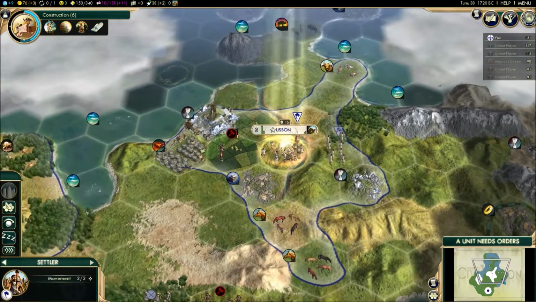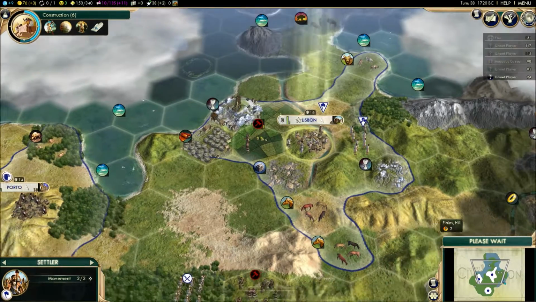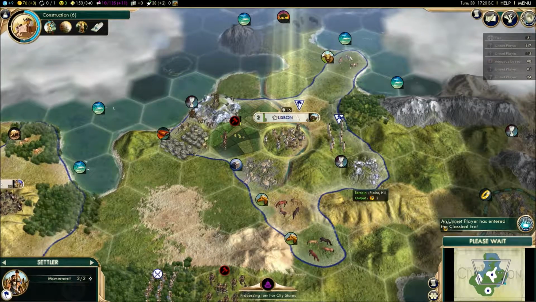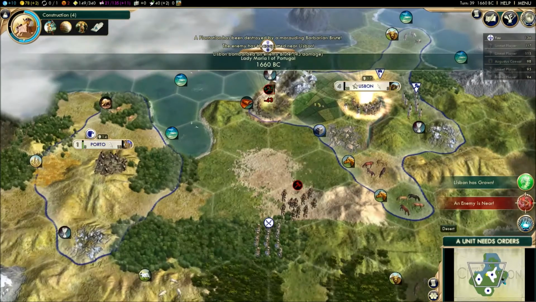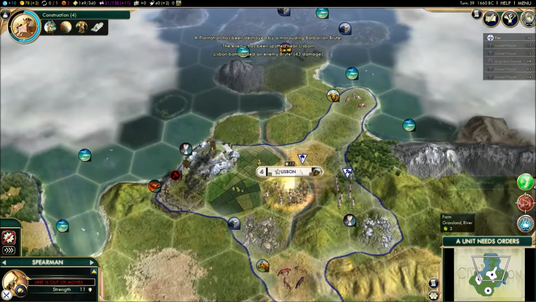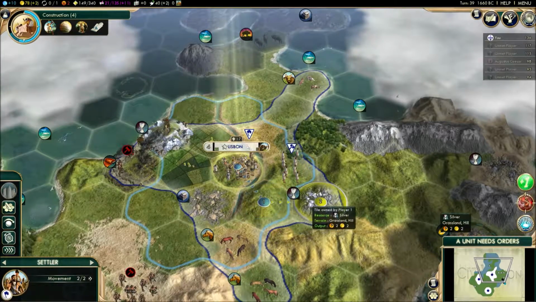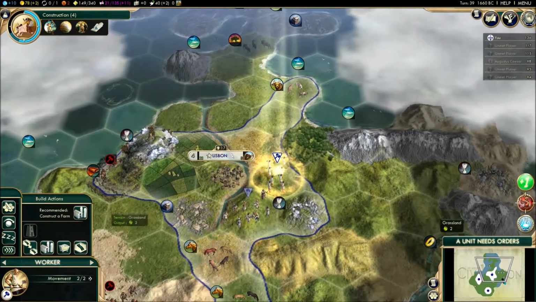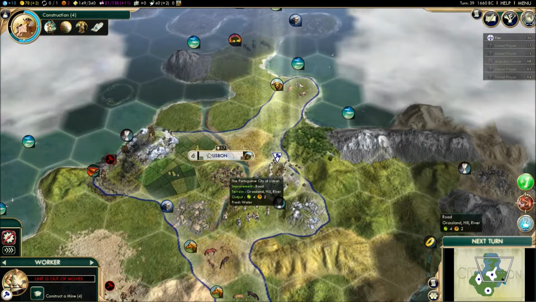It's a piece of science, like 2 science per turn or something. It could be pretty bad, and it could be literally what changes the game. So most of the time, until I run out of places to send trade routes, I will not send a trade route directly to another civilization. Most of the time, what I like to do is what I'm going to show you in just a second,